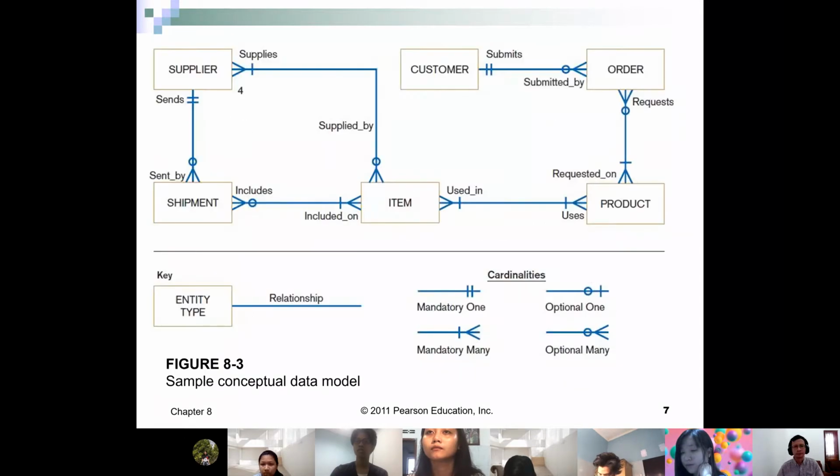So this is the model. The box represents an entity type. Entity type means everything that you want to record data about from the organization. Which things need to be recorded depends on the organization.